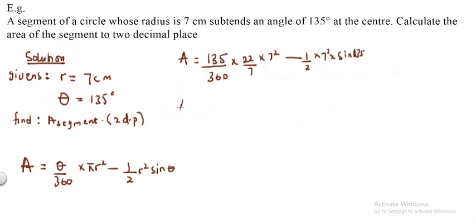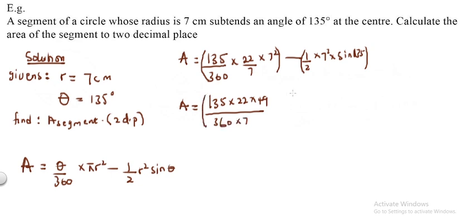From here, we know that area is equal to, so I'll be grouping this together to avoid mistakes. If I multiply all the numerators here, I get 135 times 22 times 49 over 360 times 7. Can bracket that. If I multiply the numbers here, I get